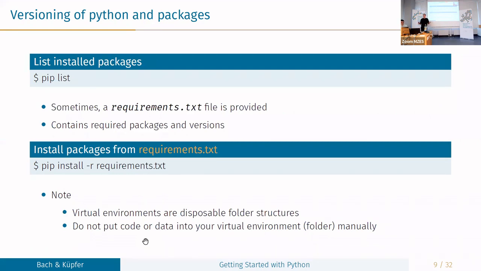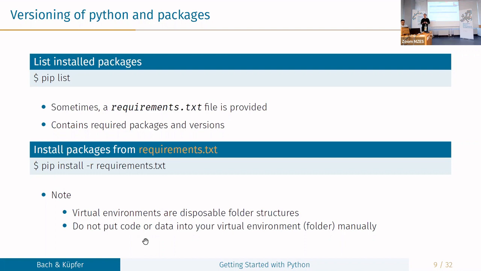If you want to list the packages that are already installed, so if you install a new clean version of Python, then a bunch of packages are already pre-installed, just like when you use R, the stats or statistics package is already installed, and in Python a few other packages are likewise already installed. You can just call pip list, and it will give you a list of all the packages that are already installed and also the version. So when you require a special version, then you can see, well, do I have the correct version installed